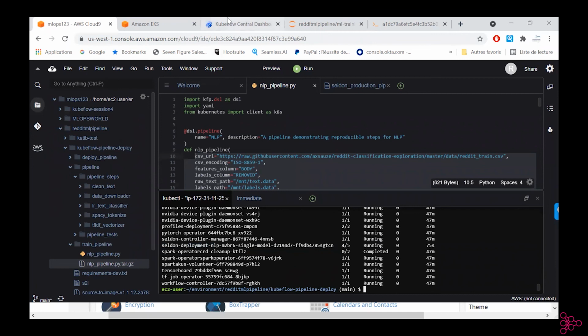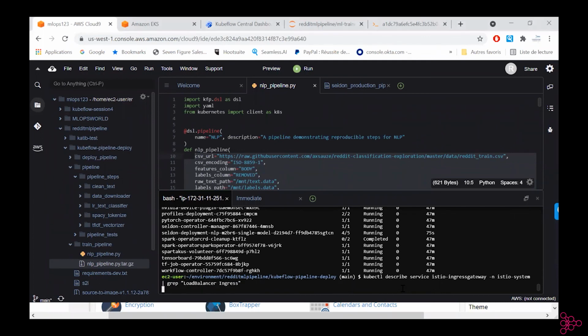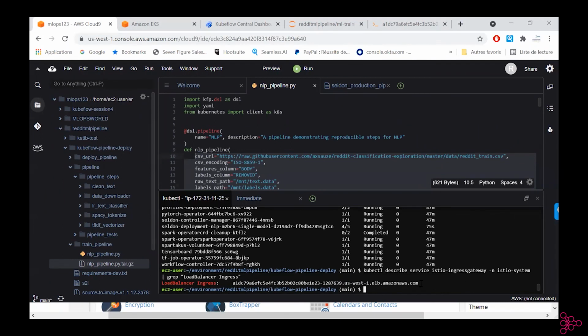So now the last step will be to look for the ingress, because we want to basically call our microservices and be able to get actual inference.